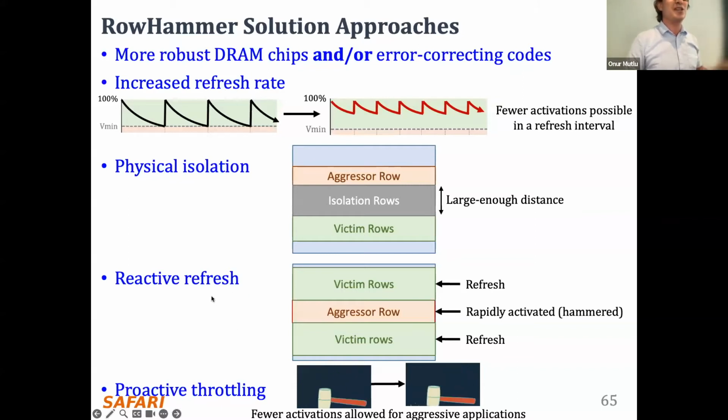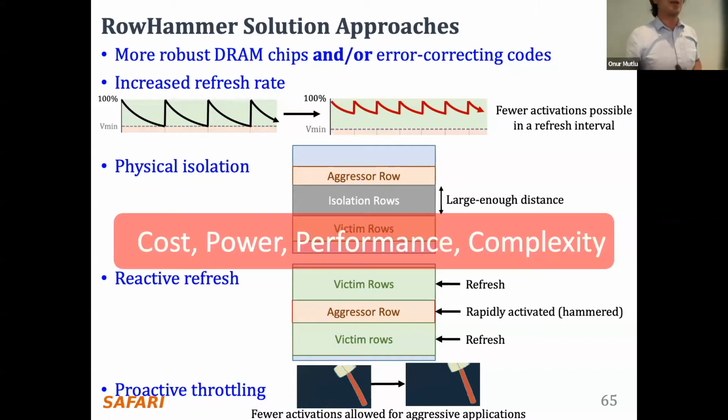So the two major solutions that we are left with today mostly are reactive refresh, meaning you count how many activations you get for a particular row and refresh the adjacent rows in some way, either probabilistically or deterministically, or proactively throttle, meaning figure out which rows are likely to be hammered and proactively throttle accesses so that you don't hammer them more, such that you don't get a bit flip. Hopefully that makes sense. So there's a huge space in terms of cost, power, performance, complexity. You can have security over there also and safety in terms of the trade-off space. And people have been developing a lot of interesting solutions in the space. I'm going to show you some examples.